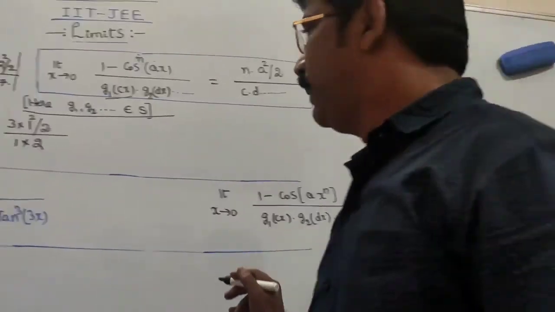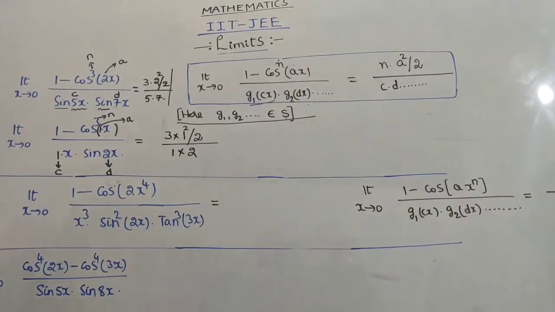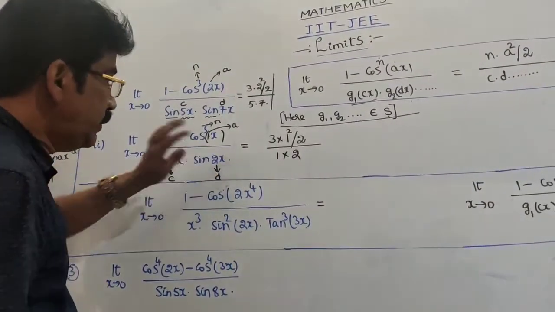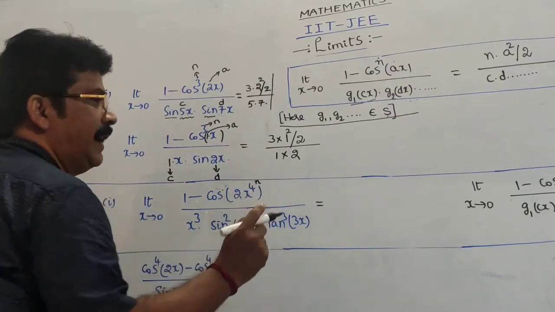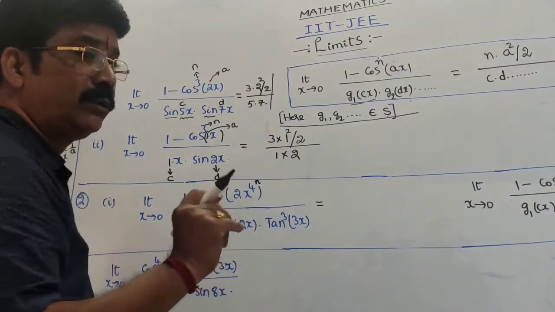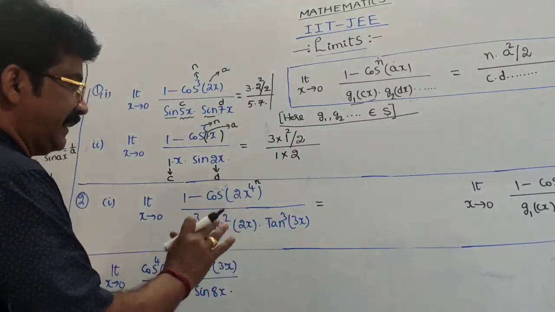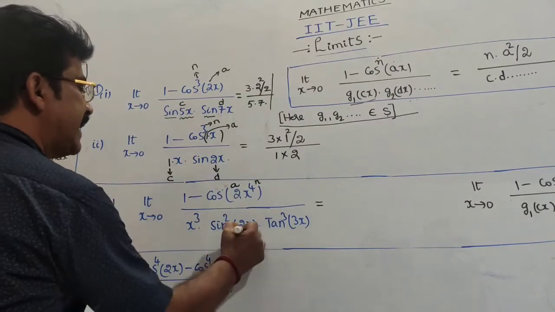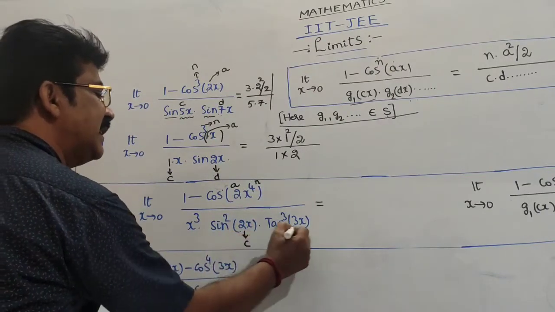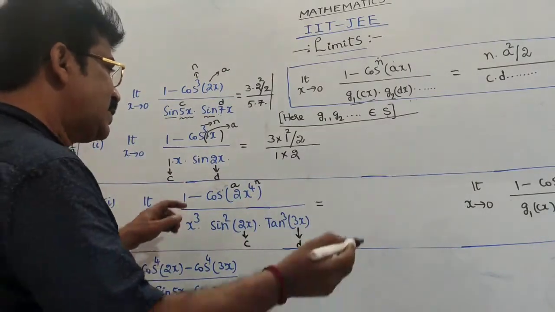Okay, we will follow the shortcut. Here this is n, and we have nothing to do with the value of n, therefore we neglect it. This is a, this is c, this is d. So the answer is a square by 2 whole divided by